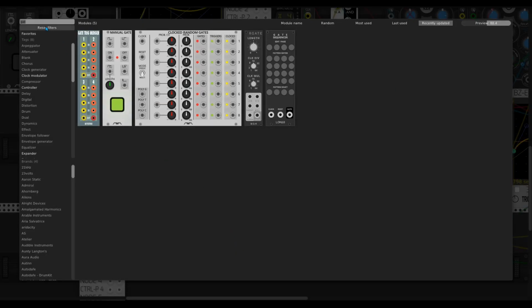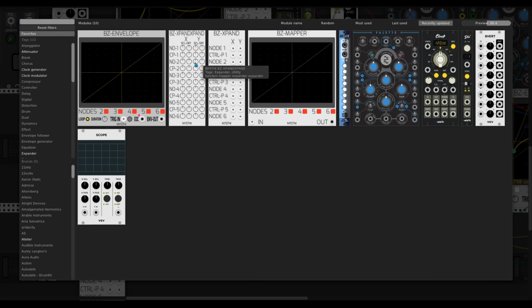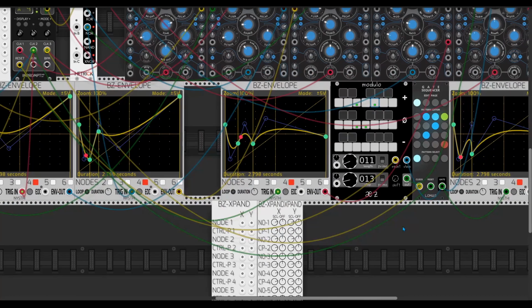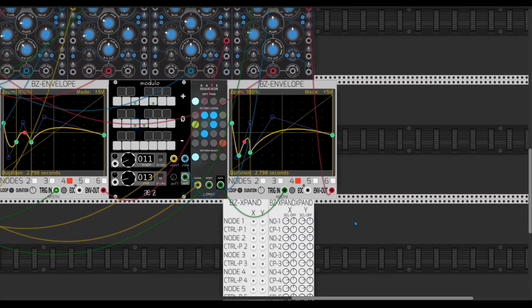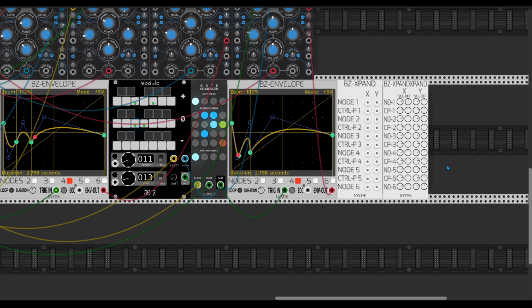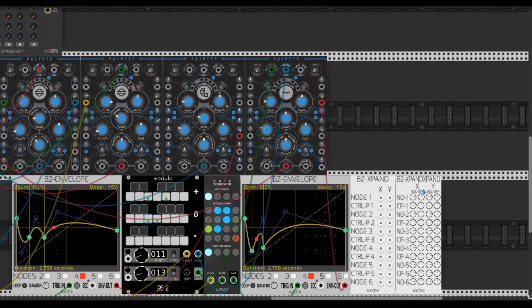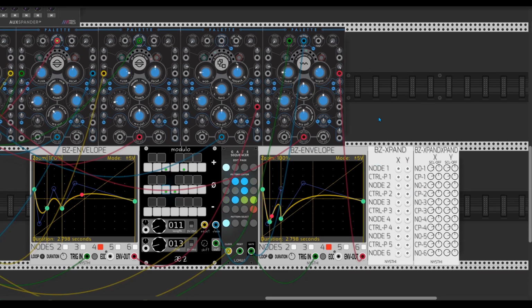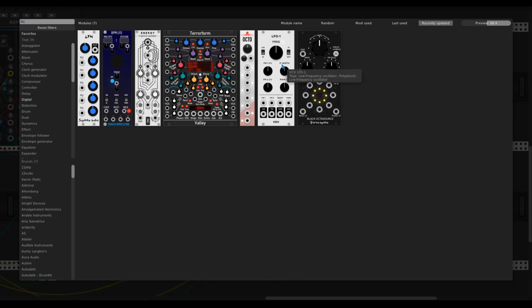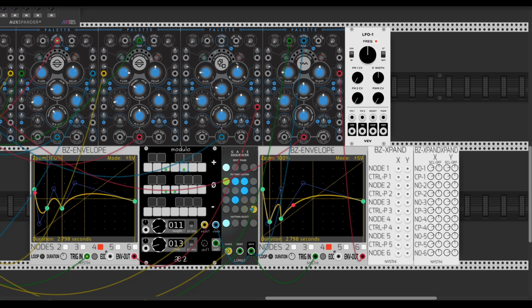these nice expander modules. So if you place them like that, you will get an inverter for inputs like this. So you can just add some LFO and slightly modulate this note